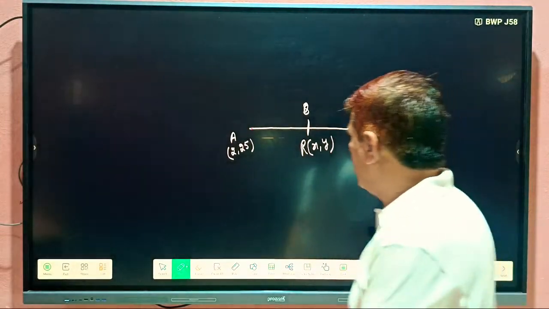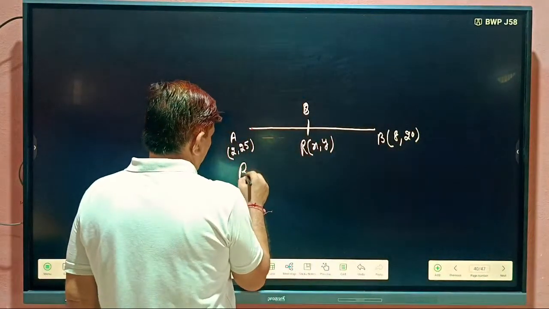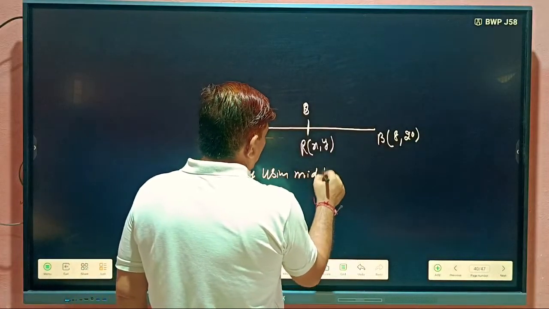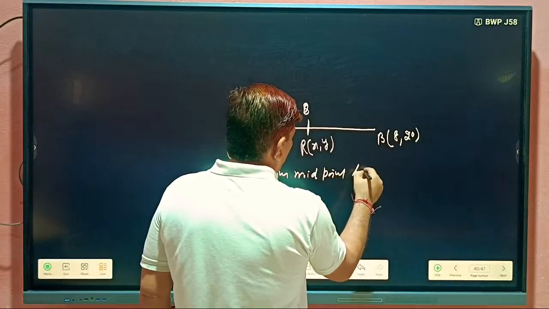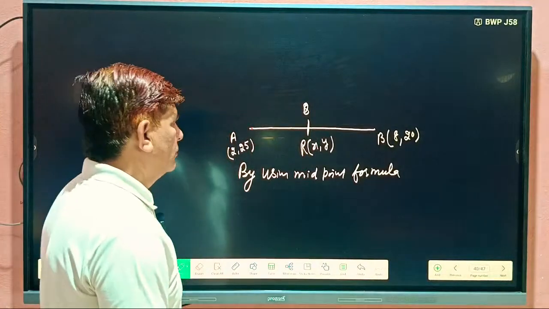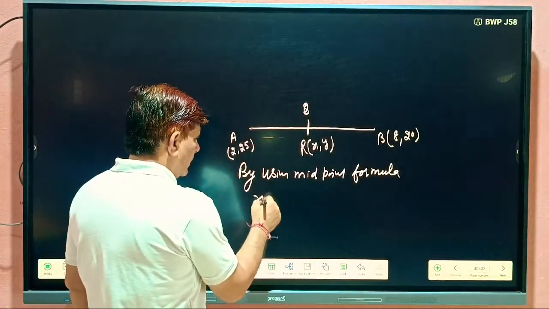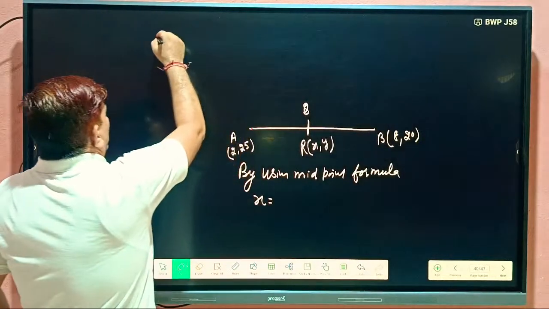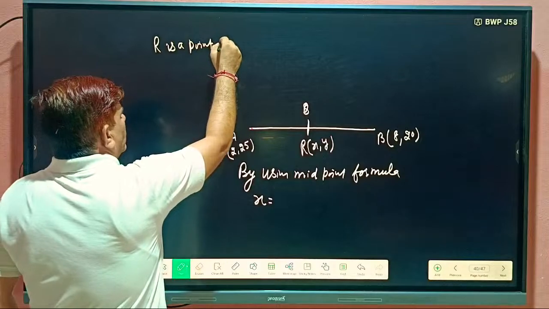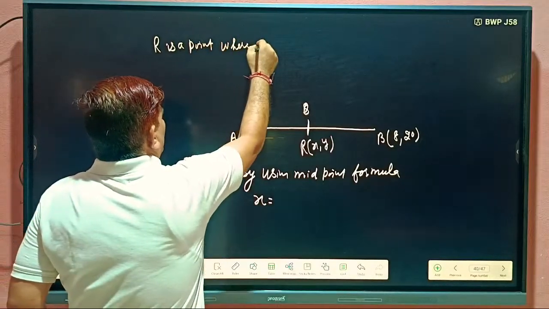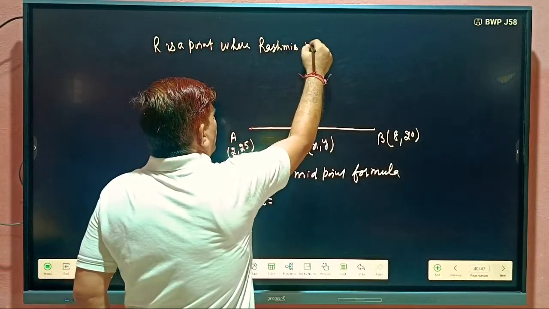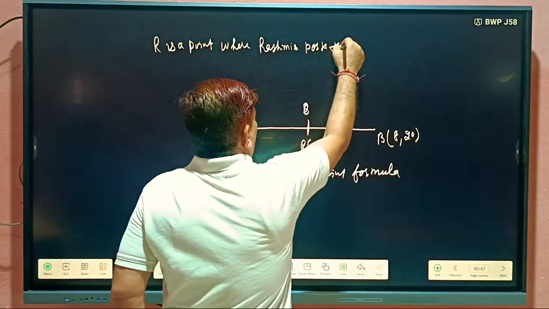So midpoint formula we can use. Here write R is a point where Rasmi posts the flag